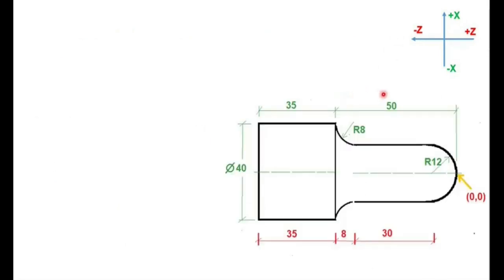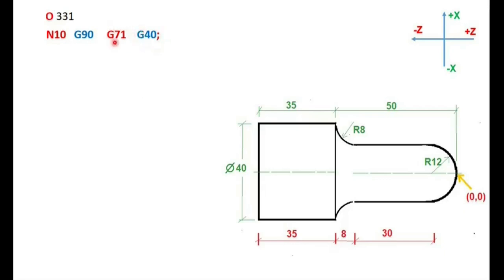So let's start the problem. As we know, the tool will be coming from the upper side. So first we have defined 0 0, that is here at this point. X is 0, Z is 0. So as usual, first we will start with O, that is we will give the program number 331. Then we'll start with N10, that is the block number, G90, G71 and G40. So absolute coordinate system, and G40 is nothing but we are removing any cutter compensation given in the program or any earlier program. If any cutter compensation is already given, it is cancelled.